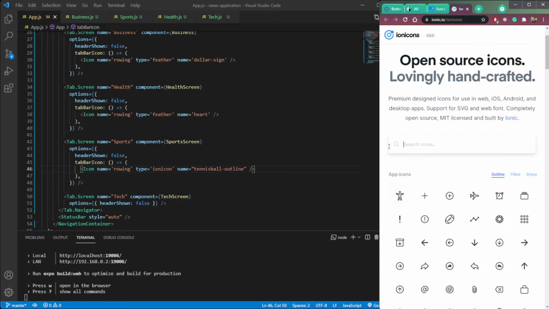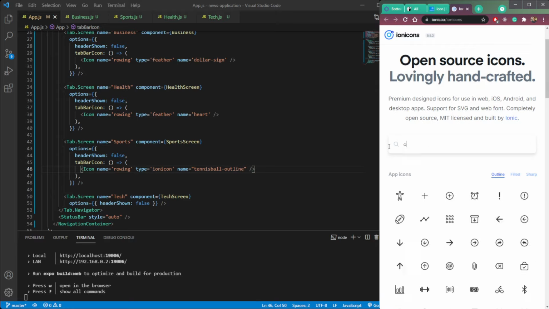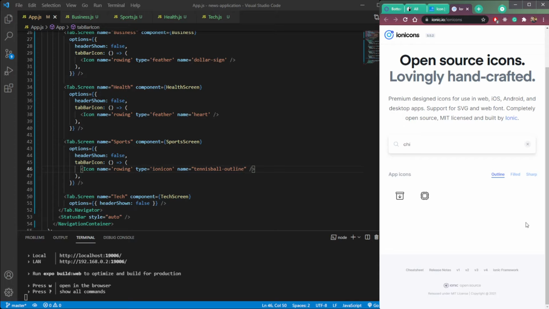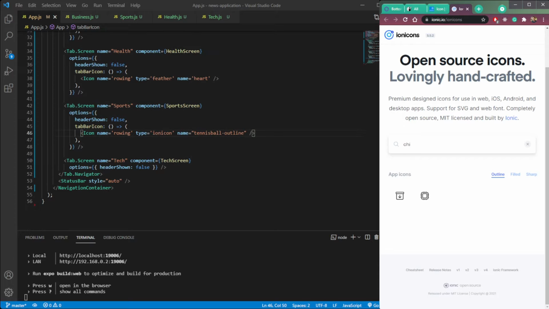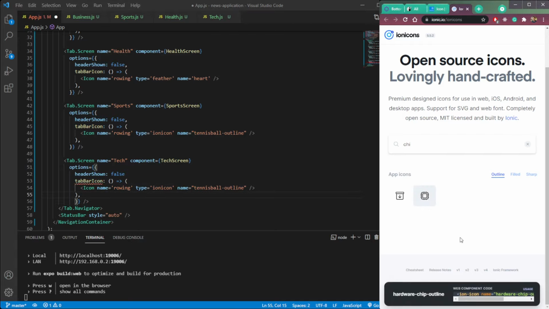Similarly, let's do it for technology. So type tech here, or let's use chip. This will work. You are free to use any icons you want, but we have to do some research beforehand on which icon to use. So paste this and let's use hardware chip outline.